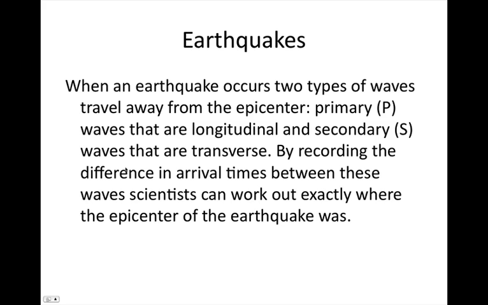So longitudinal and transverse waves are involved in an earthquake. When an earthquake occurs, two types of waves travel away from the epicenter: the primary waves, which are longitudinal and travel the fastest, and the secondary waves, which are transverse. By recording the difference in arrival time between these waves, scientists can work out exactly where the epicenter of the